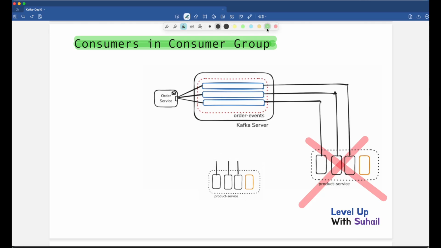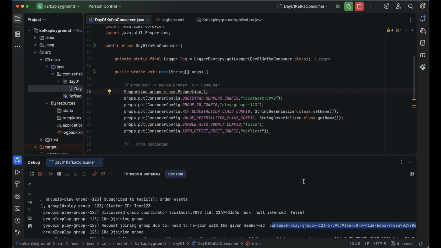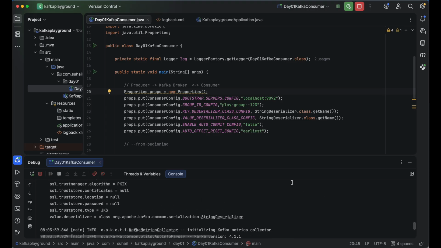That's how it is happening. One partition would be assigned to this, the other partition to this, and the other to this. So the three partitions would be assigned to the new three consumers in a different consumer group. That's how it is happening behind the scenes. Now a similar case is happening over here as well. If you scroll up in this application,